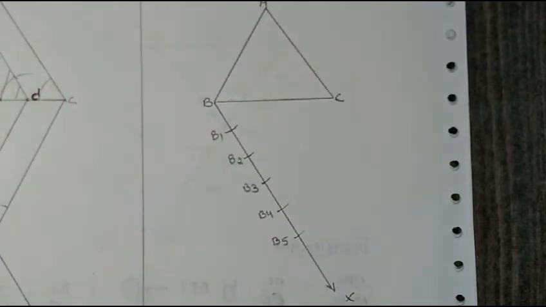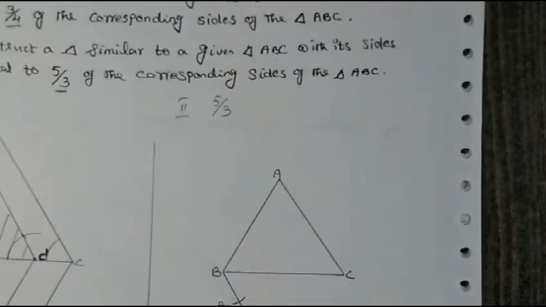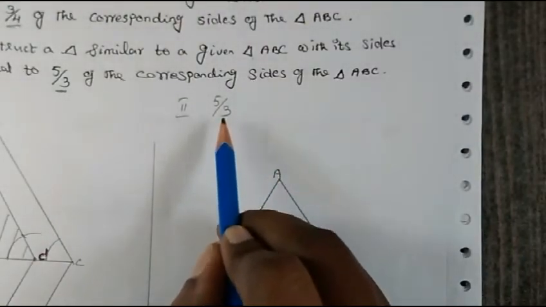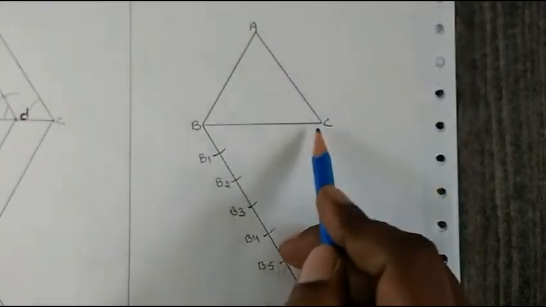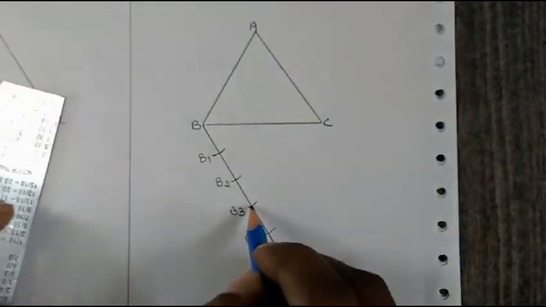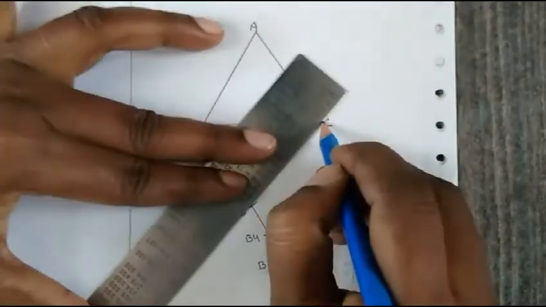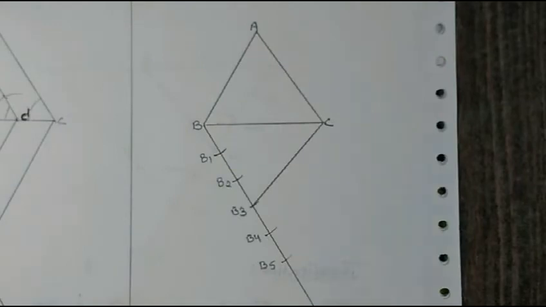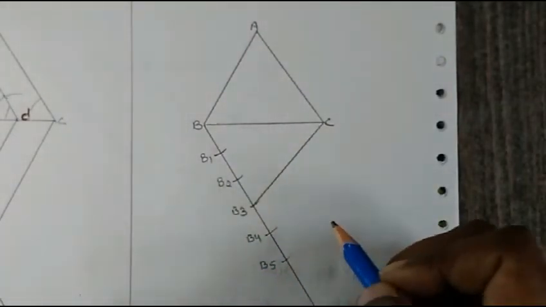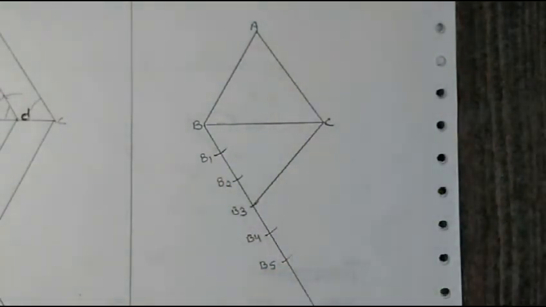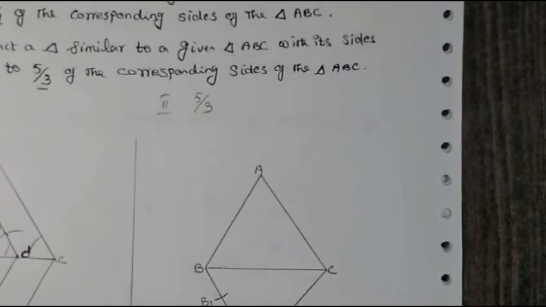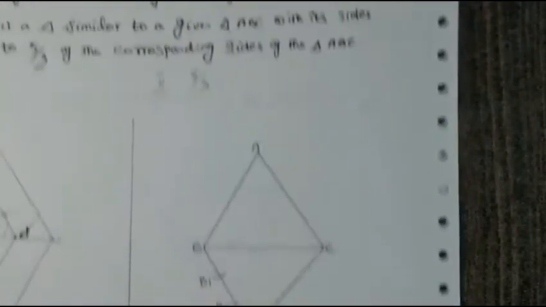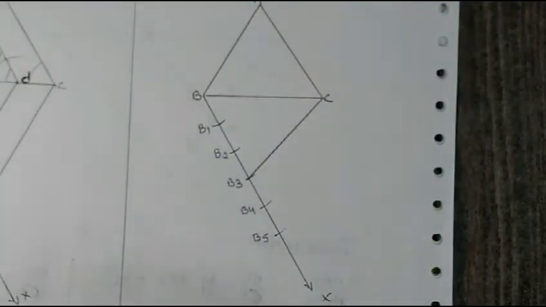So next what we have to do? Now you have to see which is in the denominator. In the denominator we have number 3. So that you have to join with the last point C. So 3 is here. So join with C. Okay. Now after that we have to draw a parallel line to this line. So where will we draw the parallel line? Which is the number left now? 3 we have joined. So 5 is left. So from part 5 we will draw a parallel line.